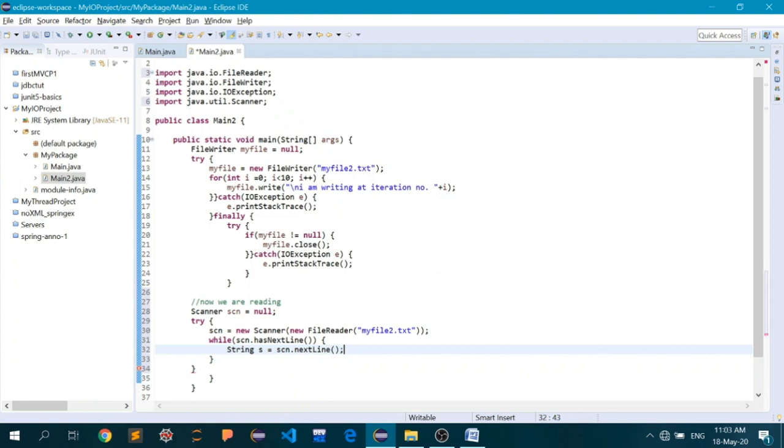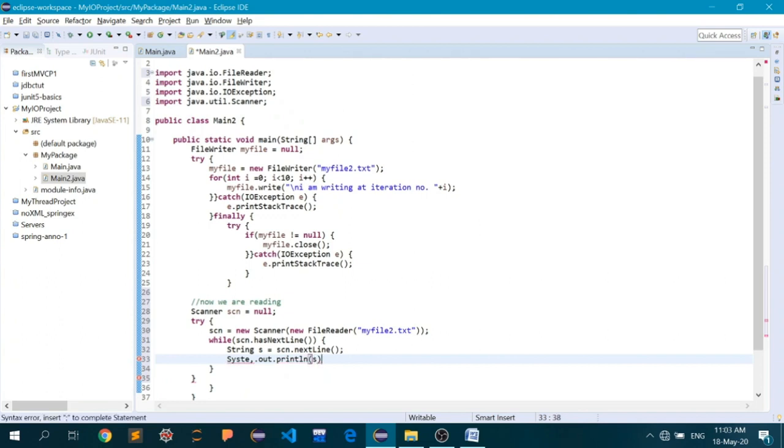Okay, now let's move ahead. As you can see, whatever is read by the file for a particular line will be stored inside a variable called s. Now I will try to print that onto the console, System.out.println, and I will pass s, nothing else. Oops, I have made a mistake. Maybe, yeah,